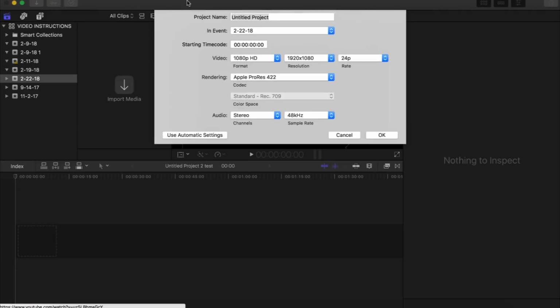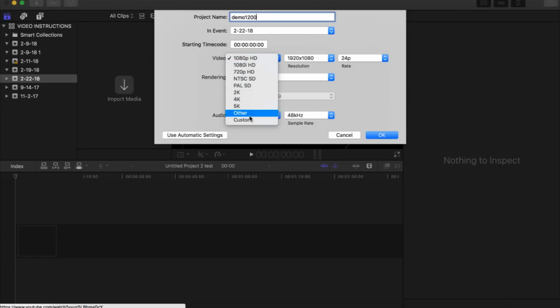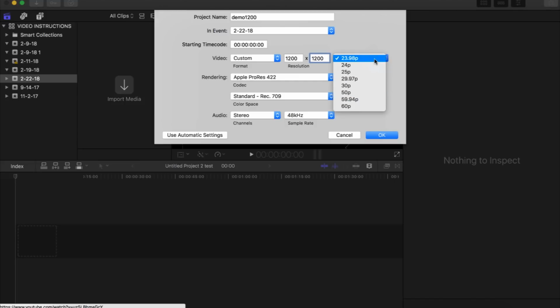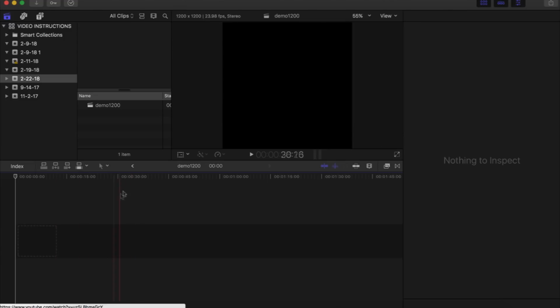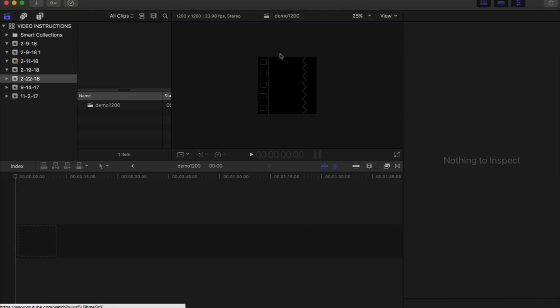So I'm going to go create a new project, and we're just going to call this Demo 1200. We're just going to go down here, right here where it says Custom, and we're going to name this 1200 resolution by 1200 resolution. And that's basically all we have to do. I would leave all these settings the same because we're going to export it in the correct way. So let's leave this the same. We just have our custom format 1200 by 1200. And now we have our demo project, which you can add whatever you like here. And so this window is a 1200 by 1200